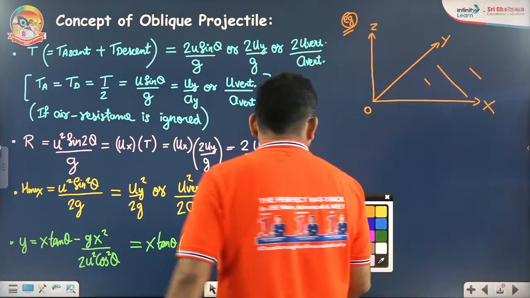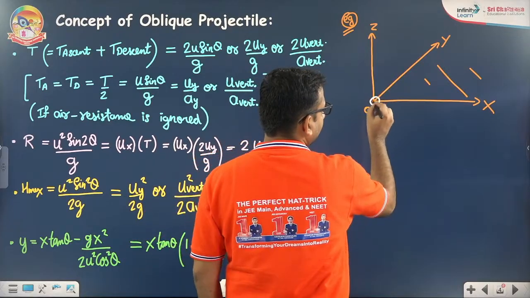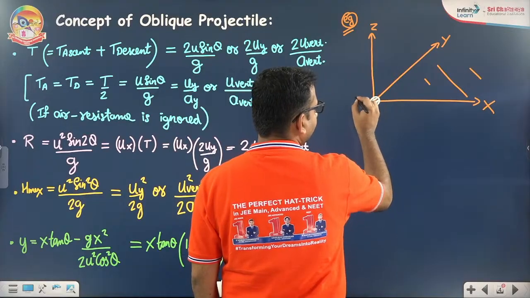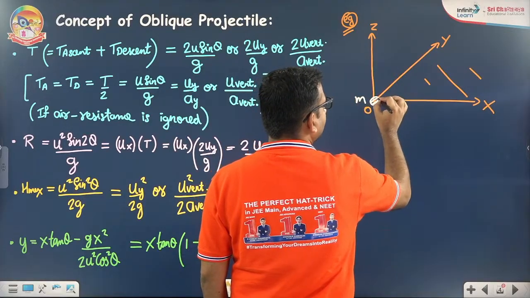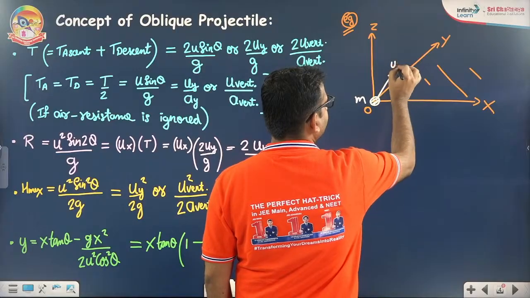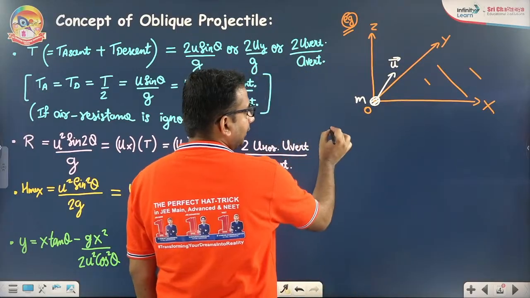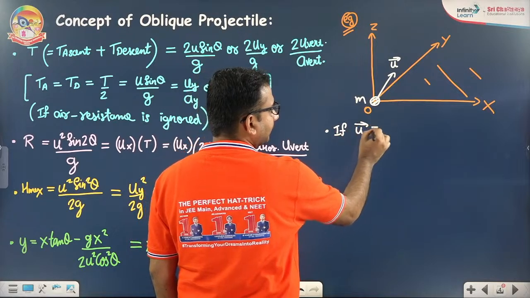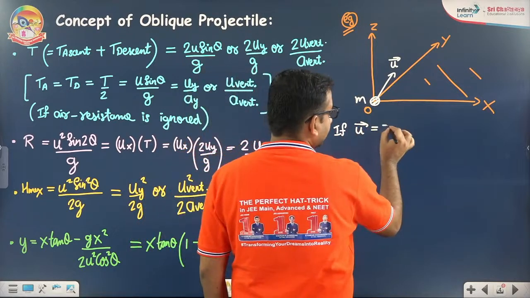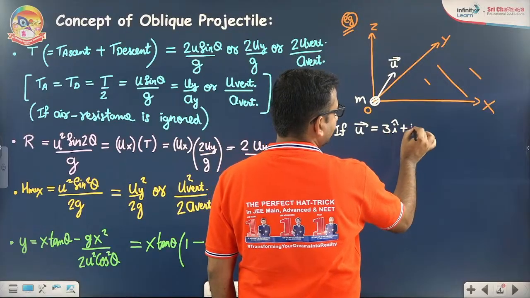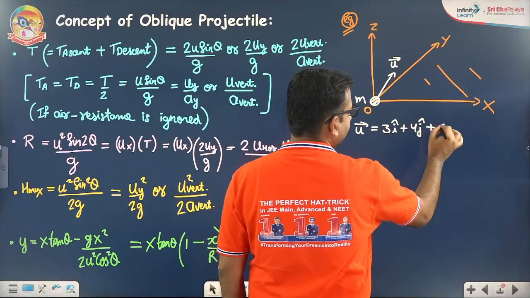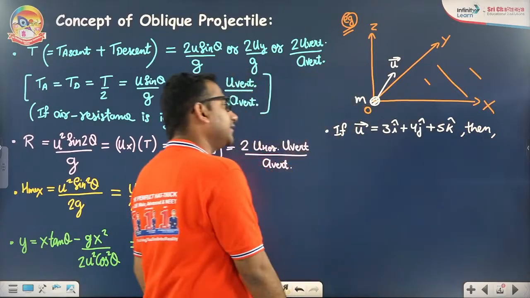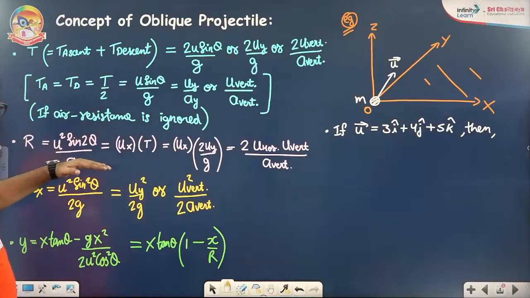From the origin, you have thrown a particle of mass m with a velocity vector u vector. Here, if u vector is given by 3i cap plus 4j cap plus 5k cap, then you have to determine